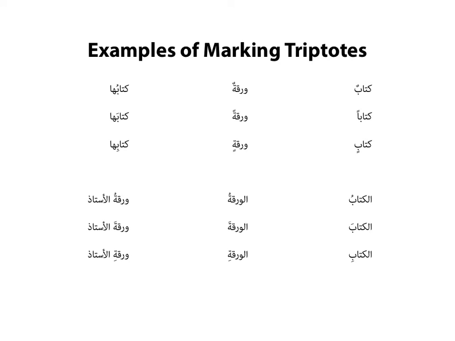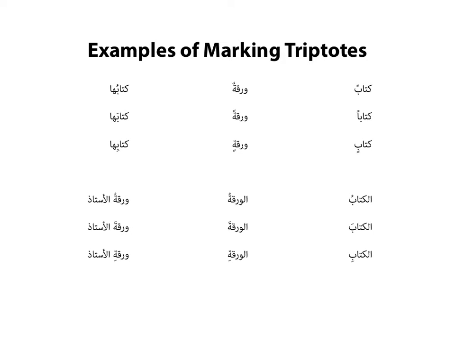This page shows a number of examples of these cases being marked on normal, regular nouns. So we have kitabun, kitaban with the aleph, and kitabin, indefinite. However, with waraqa that ends in a ta marbuta, we have waraqatun, waraqatan, and waraqatin. Notice that the endings are the same, but the aleph is not there because of the ta marbuta. When it's definite, either with a definite article or a pronoun ending, or a second term of idafa, we